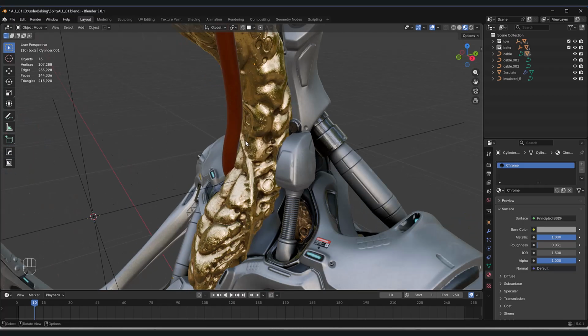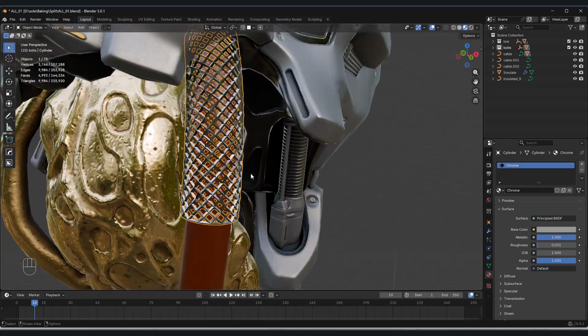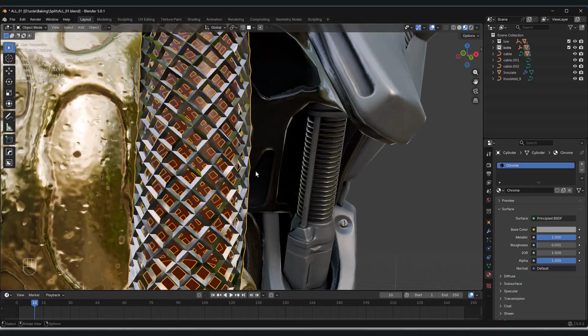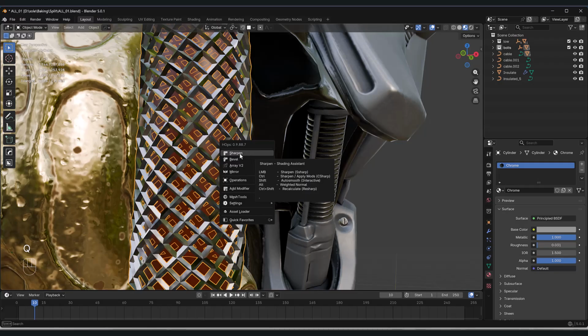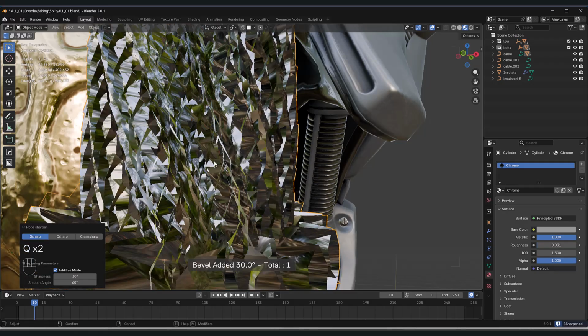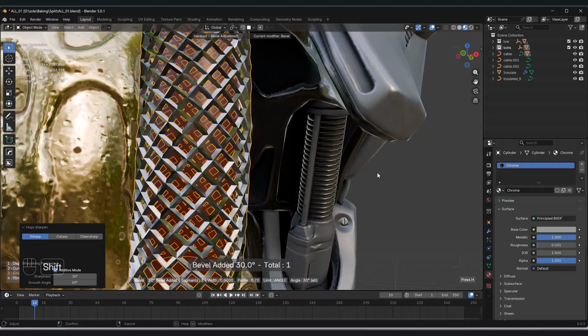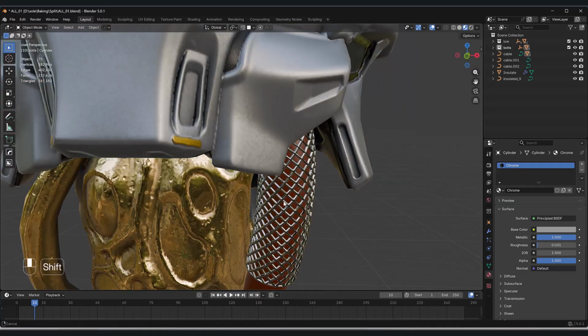Nice way to add really cool details to this cable. And then because I have Hard Ops, I'm gonna press Q, sharpen, and then Q bevel. So, and then just kind of, ooh, that's too much. Hold Shift, kind of give it a bit of a bevel so it doesn't look too sharp, right? So, yep,